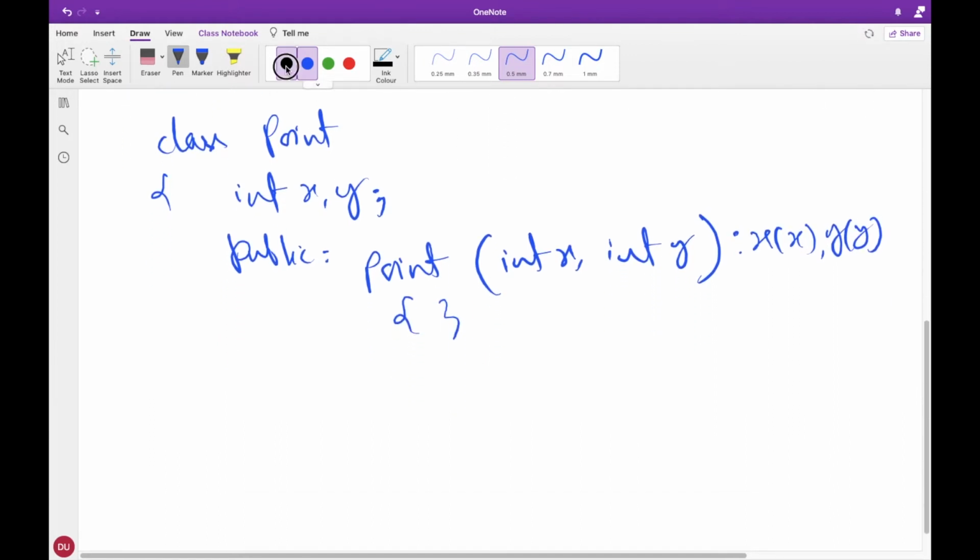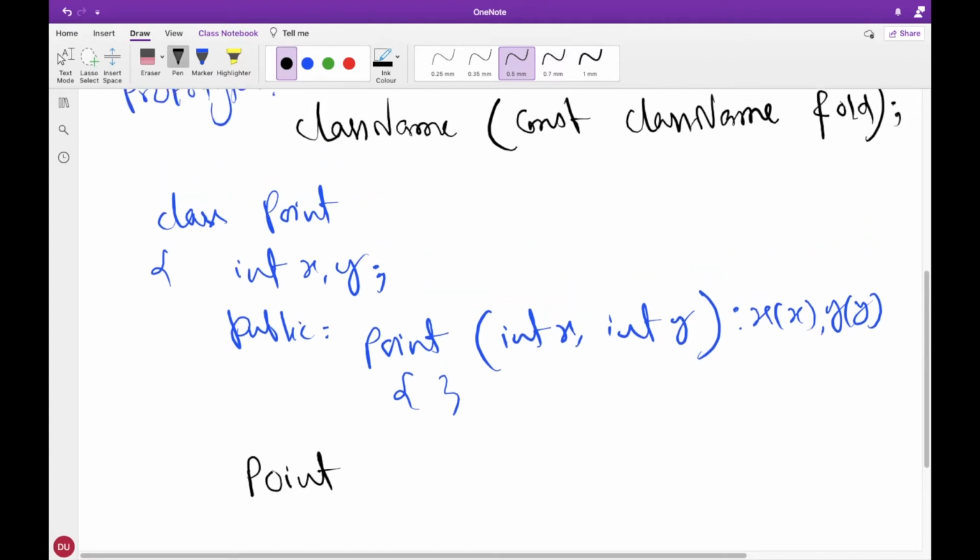After that, we have to write the copy constructor. And what is the use of the copy constructor? It is used to initialize an object using another object of the same class. Its prototype is Point because it is the class name, you can see here. Then we have to write const, then again the class name, and then the old object, which is p2 in our case.